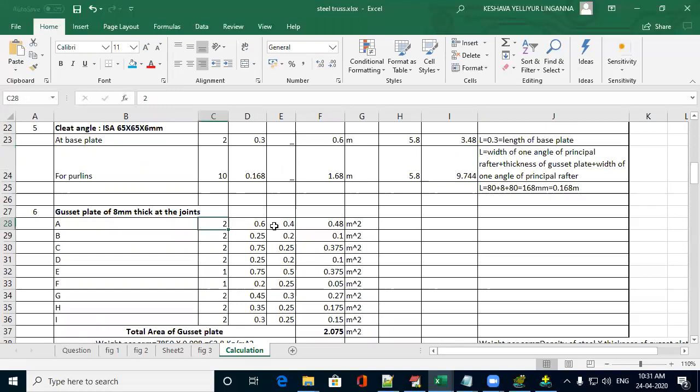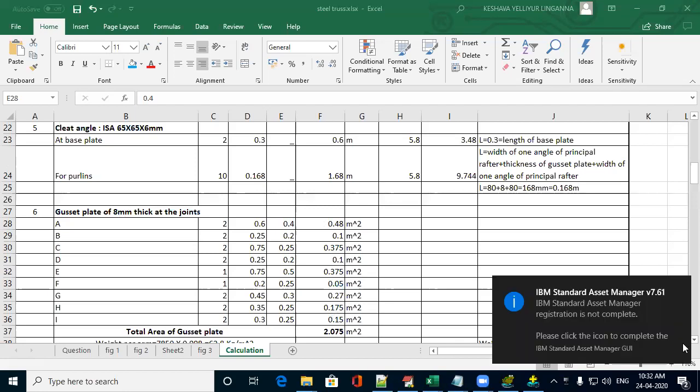Number, length, and breadth. Here you have to see there is a breadth column filled. So for the gusset plate, you have to take the area. All the above things are taken only in meters. This gusset plate should be taken in meter square. Since it is a plate, you have to give the area. And you have to observe it is of 8 mm thick. This is not given in the question. It is assumed as 8 mm thick. You can even take 6 mm also if it is not specified in the question. I have taken 8 mm. So multiply these three columns, you will get the corresponding areas required for the gusset plates.